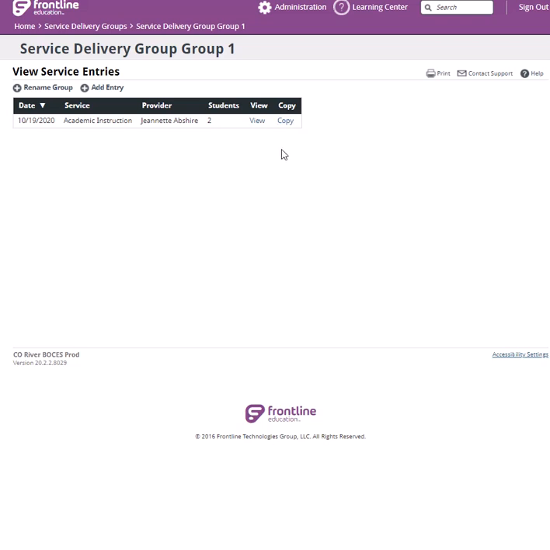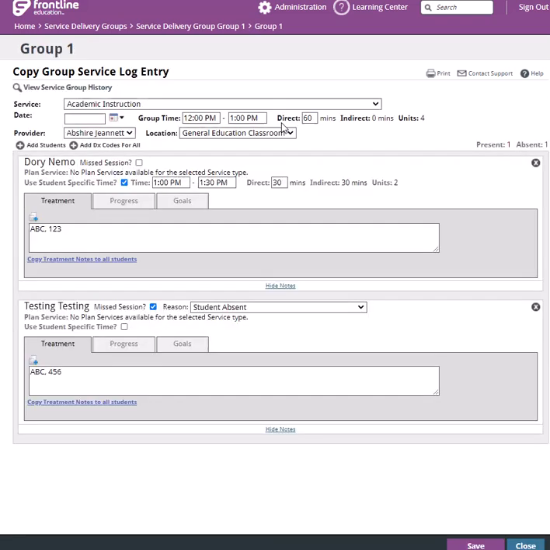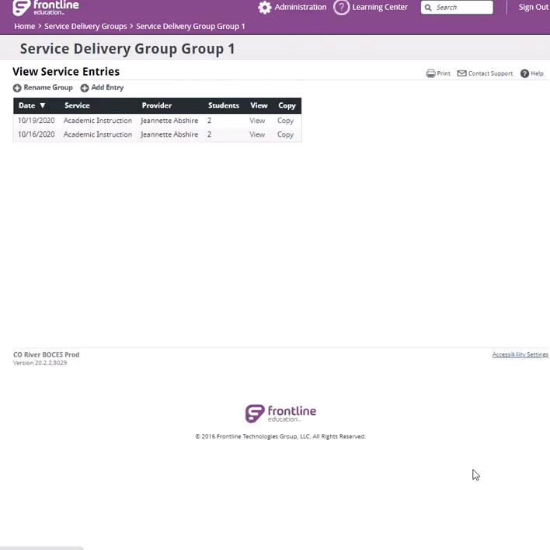If you have multiple groups that behave in the same way, you may copy this to create a new group or a new service, and you can change the date if you had one for last week. And then if you need to update any information, you could simply do that here and save it. But it really does cut down on the amount of time for logging these groups. As you can see, in a couple of minutes I've created a group and I already have 2 entries